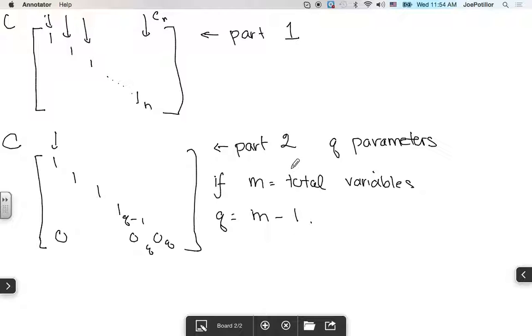Okay? So the parameters that you define depend upon the number of variables in the equation or the number of equations. I prefer the number of variables because the number of equations can be less or more depending on the situation,